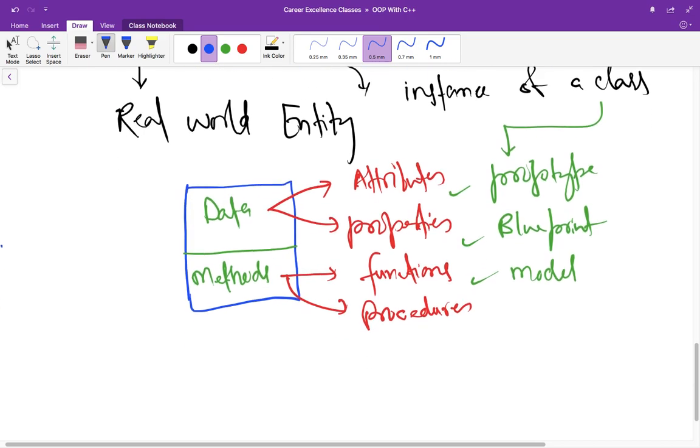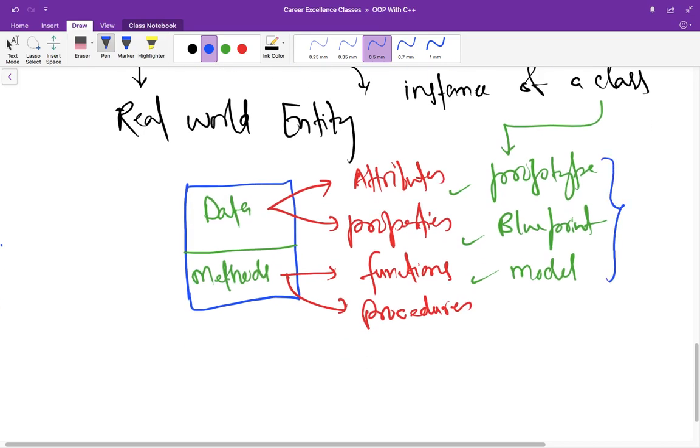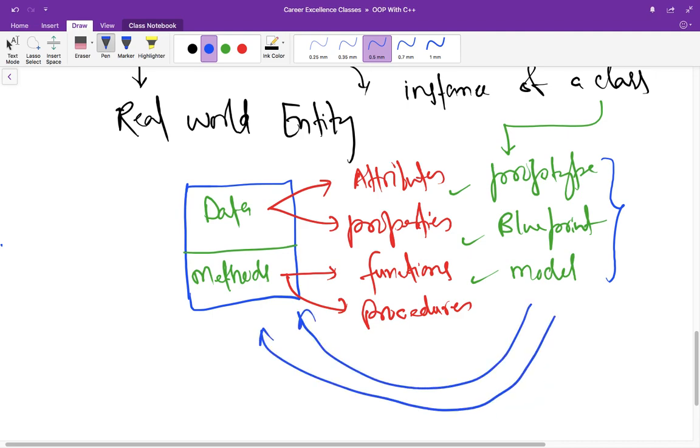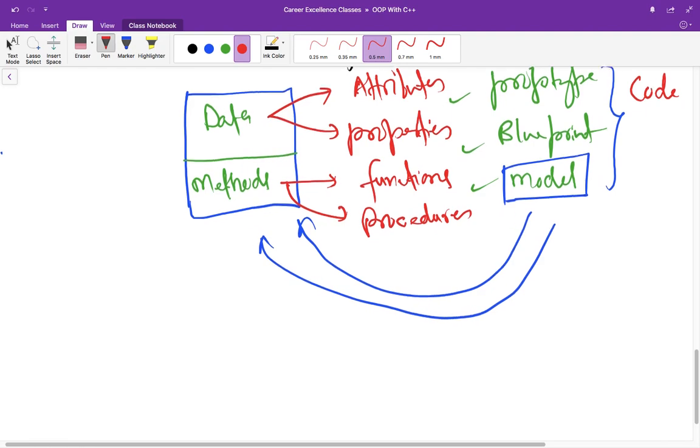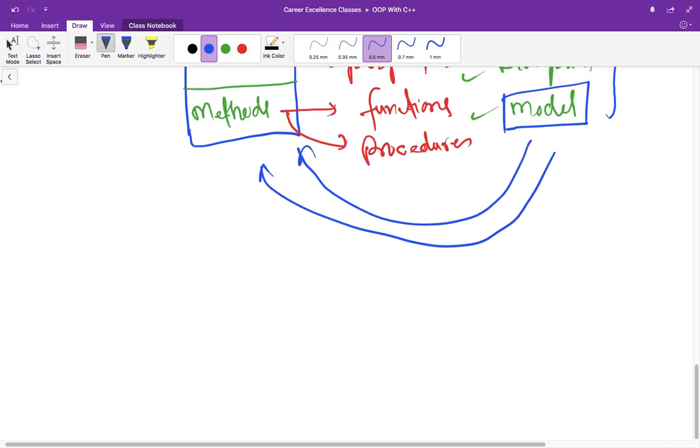The important thing is, when we have some blueprint or prototype, we can derive many of the similar objects from a single model, or in our case it will be some code, right? So from that code we will be generating multiple objects. For example, you have a smartphone design.